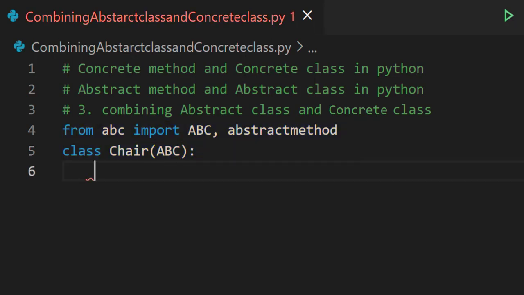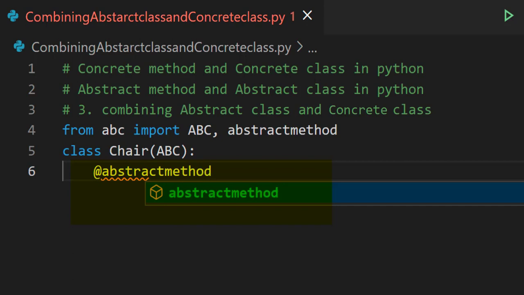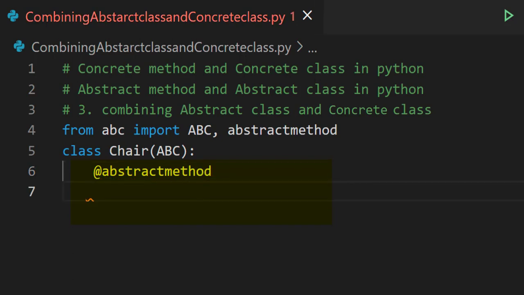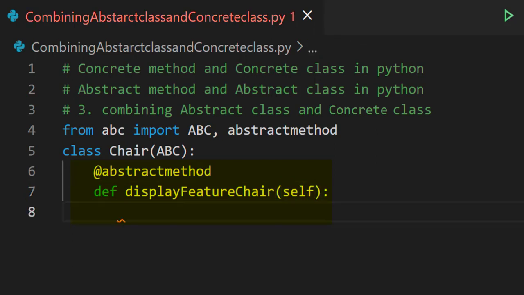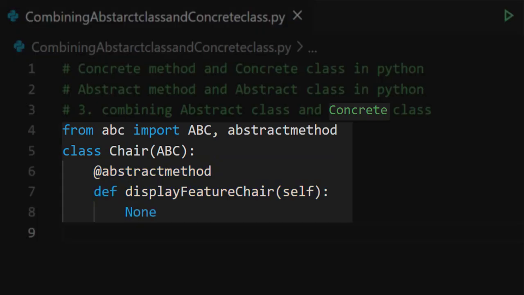Then write the abstract method with a decorator, that is @abstractmethod, and the method declaration, that is def display feature chair with self parameter without method definition, so I am writing None here. Then it will form an abstract class.